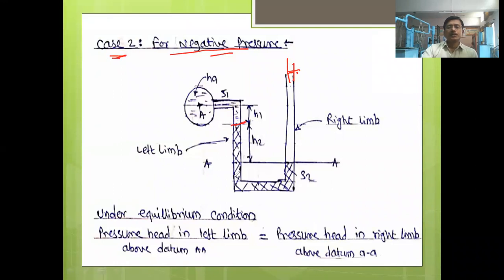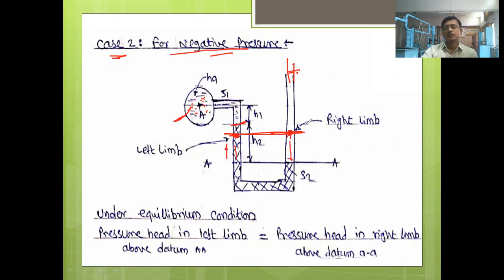Initially, before starting the pump, the mercury level was at the same level in both limbs. A liquid has a tendency to maintain the level of its surface, right? So the mercury level in both limbs will be the same. When we start the pump, liquid is flowing through this pipe, and if there is a negative pressure or vacuum pressure inside the pipe, at that time what is going to happen? This mercury level will lower down and it will increase in this direction.